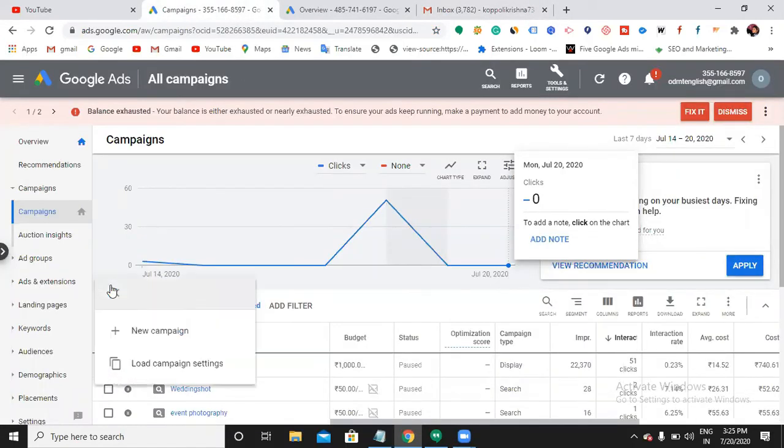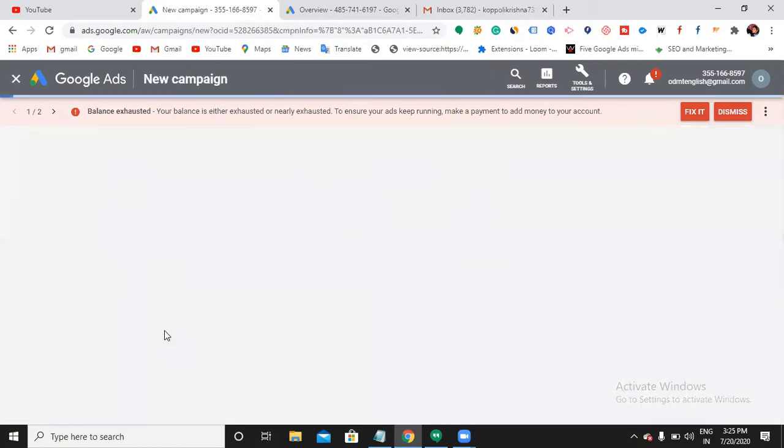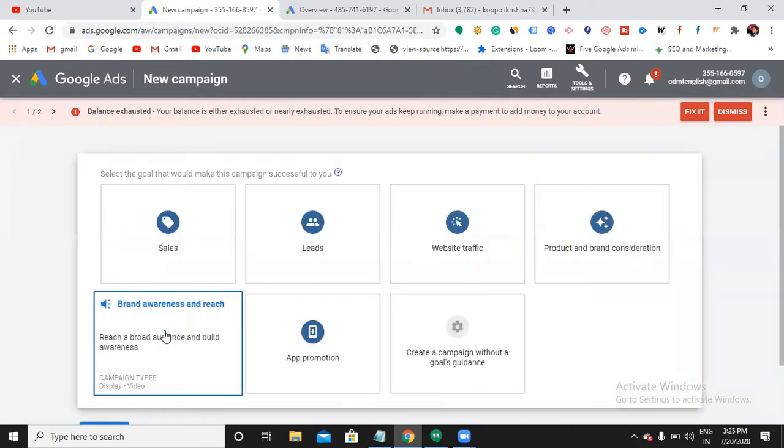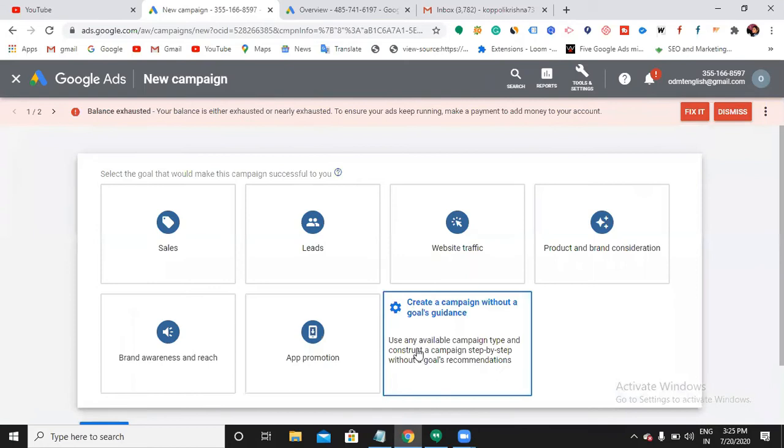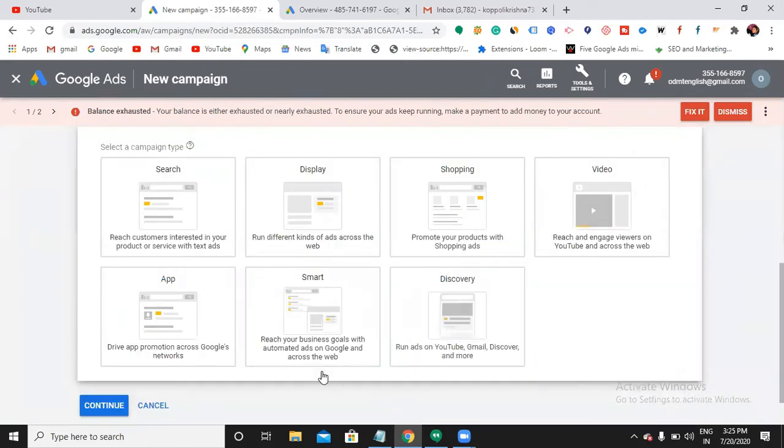So, campaign. Which one should I choose now? Create a campaign without a goal's guidance.